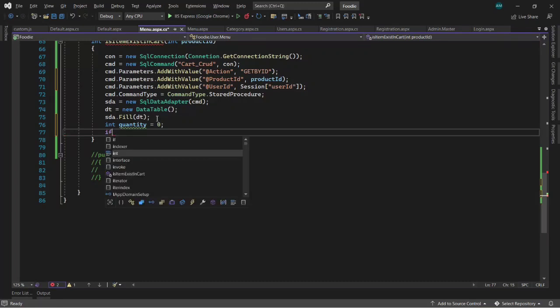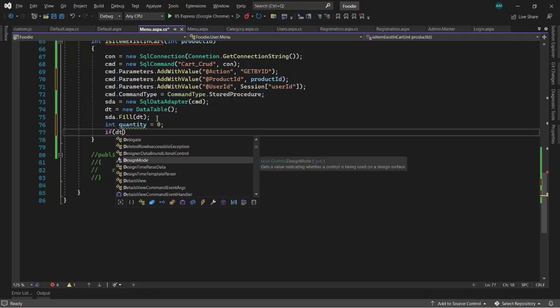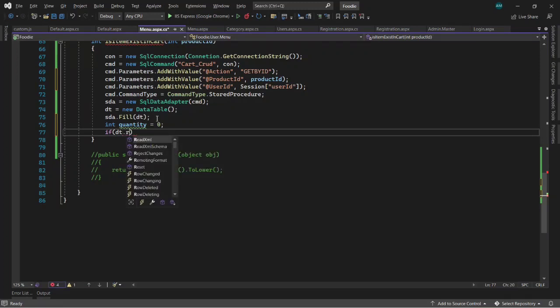If dt dot rows dot count is greater than 0,